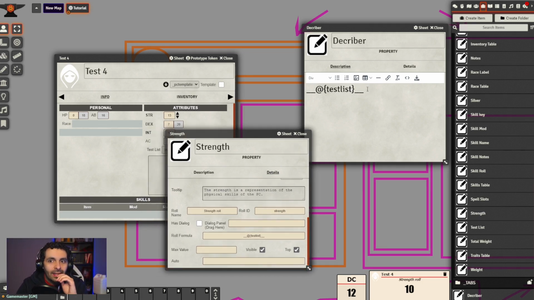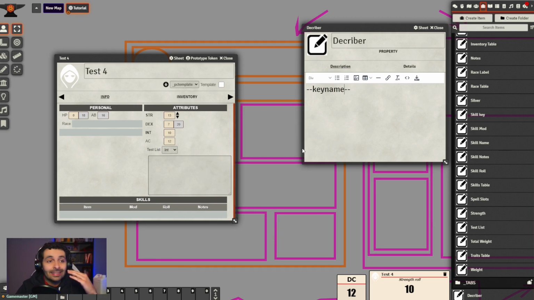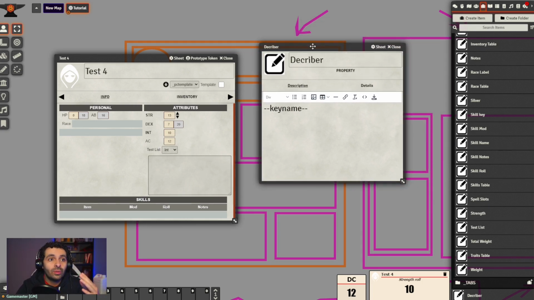Okay, now there's other expressions very similar to the underscore, which is this one. What this one does is exactly the same as the underscore one, but instead of referencing an actor property, it references a CItem property.